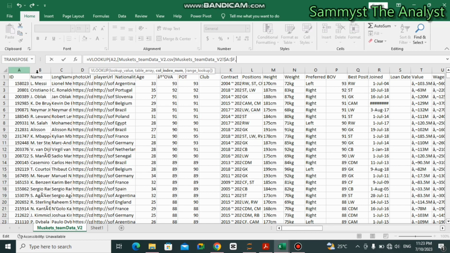So this is 1 2 3 4, this 5, then this is 6. So the nationality is on the 6th column, so I'll type in 6, and then the range, we want it to be false,